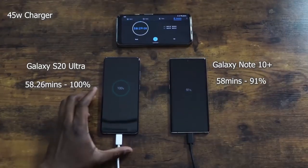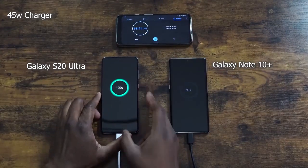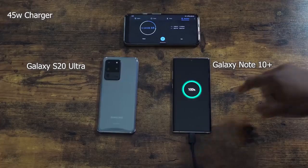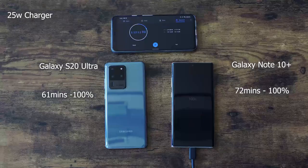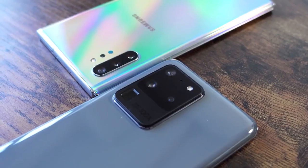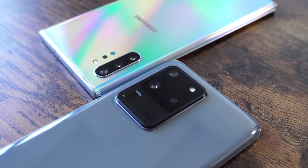So the Ultra is at 100% then, and the Galaxy Note 10 Plus does it at about an hour and 1 minute, compared to 58 minutes. So roughly about 3 minutes different, which isn't